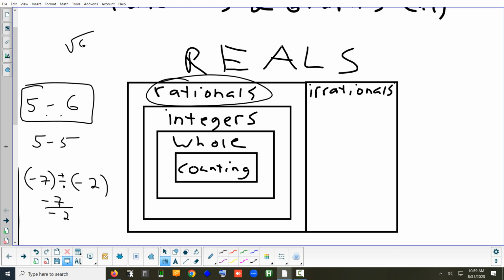So because there are things we do in math that don't fit in the rational number system, they call them irrational numbers. So irrational numbers are numbers you cannot write as a fraction. Square root, that's a common one, as long as it's not like the square root of a perfect square. Numbers like pi. Some people think pi is like the fraction 22 over 7. Well, that's 3.14. But 22 over 7 isn't